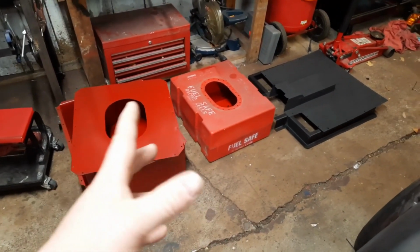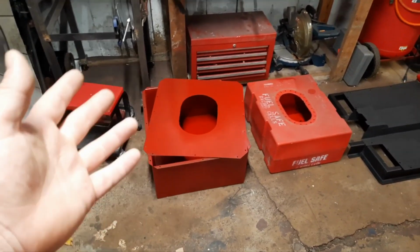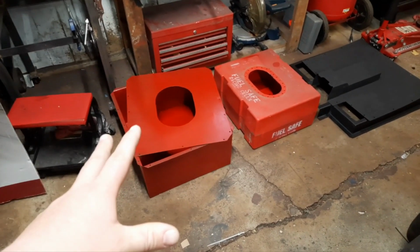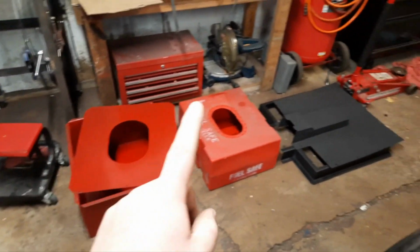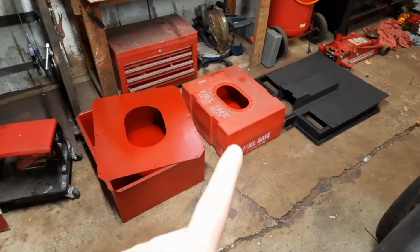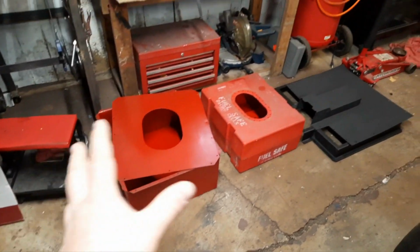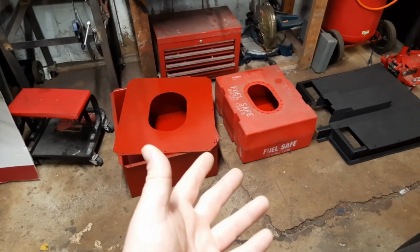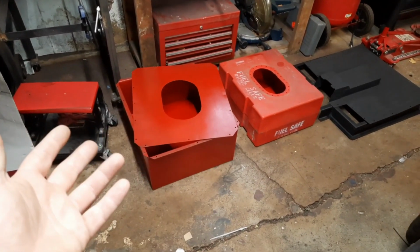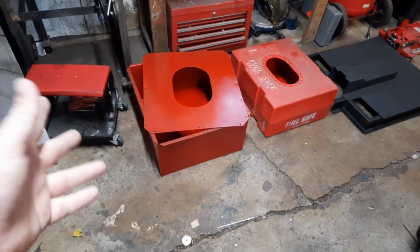Now the next piece of the puzzle for this thing all relates to safety. So this is the fuel cell tank. I'm not really sure what you want to call it. But anyways, in order to have one of those, you have to have one of these. Now, if you look on Fuel Safe's site, they actually give you the dimensions on building your own. So you can either buy this whole thing brand new as a complete unit and spend beaucoup money, or you can be like my DIY self, find their designs on their website and build it yourself,